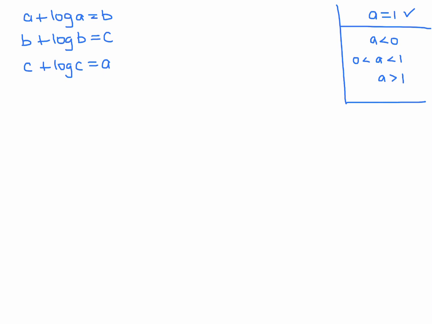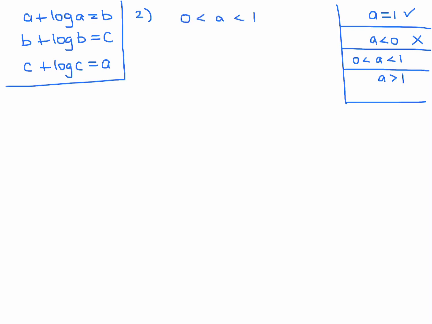Well, the first one we already did. How about less than 0? That is not possible because you're taking the log of a, and you can't take the log of a negative number. So that's out. Now we will look at these two. Can it be between 0 and 1, and can it be greater than 1? If the answer is yes, we'll find what the actual values of a are. If the answer is no, then it's not possible. So first let's start with